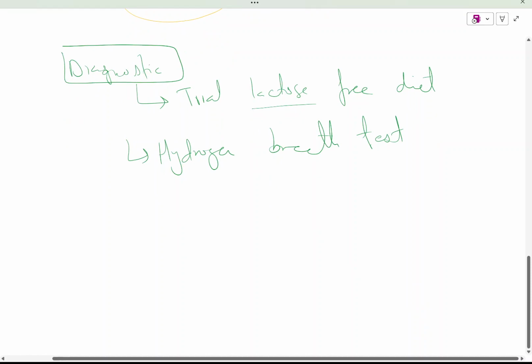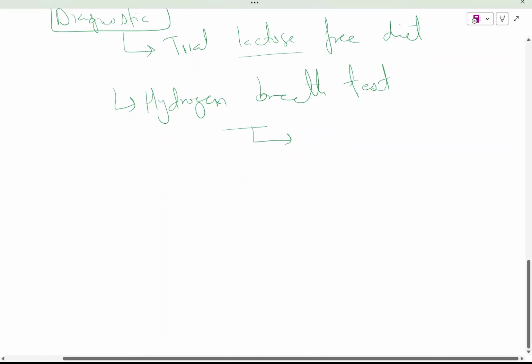Hydrogen breath test. The amount of hydrogen in the expired air increases after we administer lactose to the patient. We ask the patient to come to us in a fasting state, early in the morning, or after an 8 hour fast. We'll give him milk or lactose, and after giving him lactose we'll do a breath test, with 8 to 12 hours of fasting before ingestion of lactose, and we'll measure breath hydrogen level at 30-minute intervals over 3